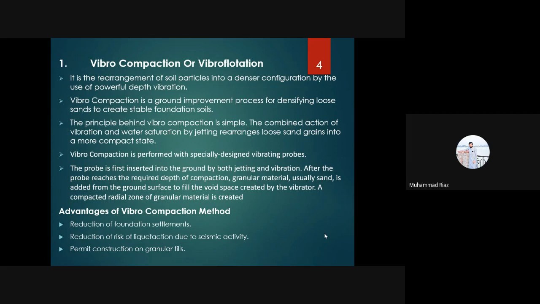The first one, vibrocompaction or vibroflotation. It is the rearrangement of soil particles into a denser configuration by the use of powerful depth vibration. Vibrocompaction is a ground improvement process for the